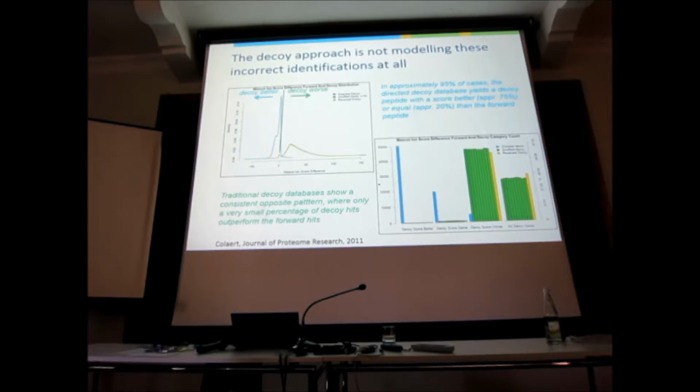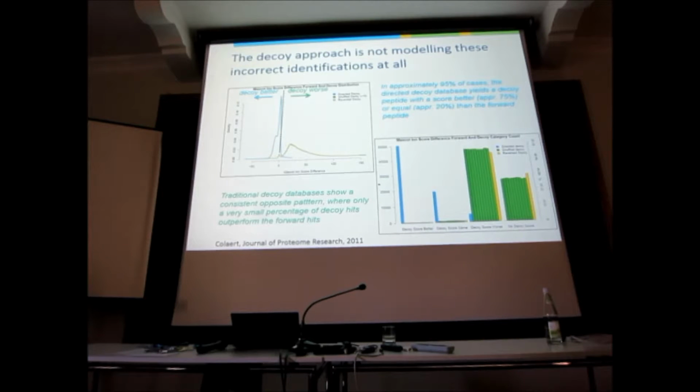This is a distribution of the ion score difference. I'm using Mascot, but Tandem gives you exactly the same. The ion score difference. So I take the spectrum, I take the original peptide hit, which I know is 90, 95, 99% right, and I calculate the score, and then I take the score of the best decoy hit. Now, if you look at the traditional shuffled or reverse databases, the decoy is nearly always worse than the original hit, okay? Except for this very small amount, which is our 1% FDR, okay? This is the 1% where the decoy actually gets a better hit.